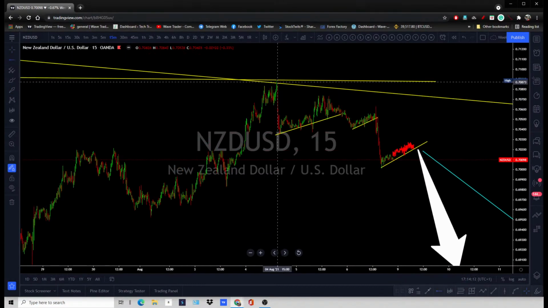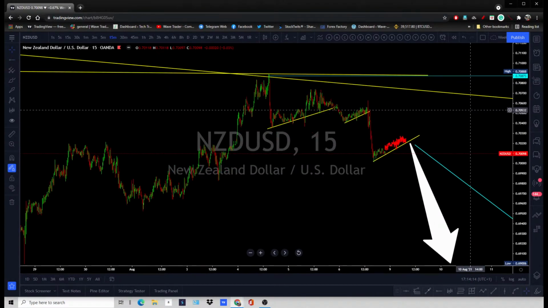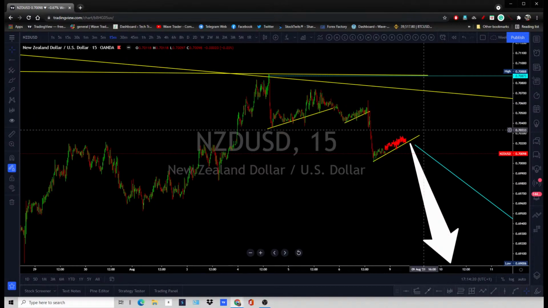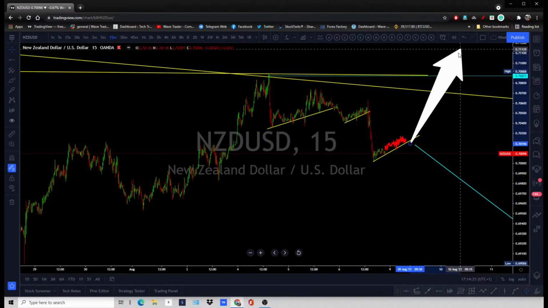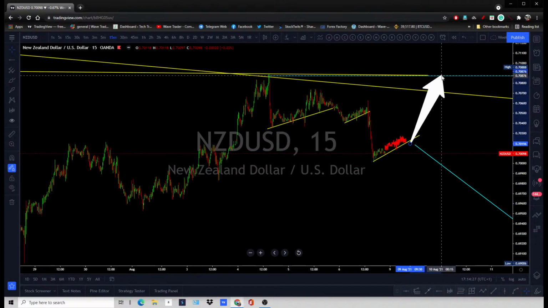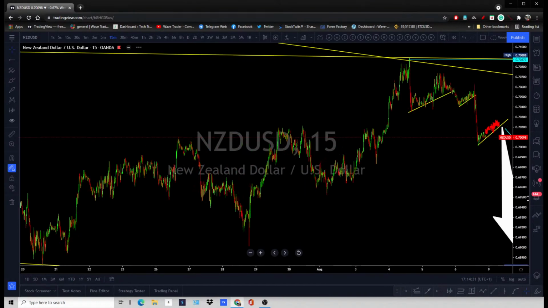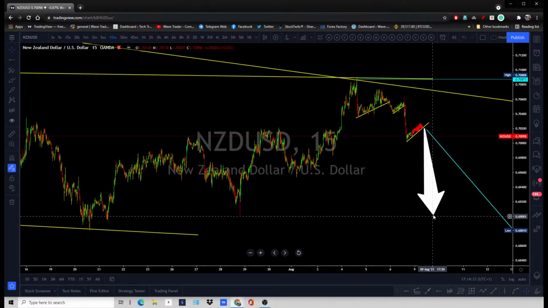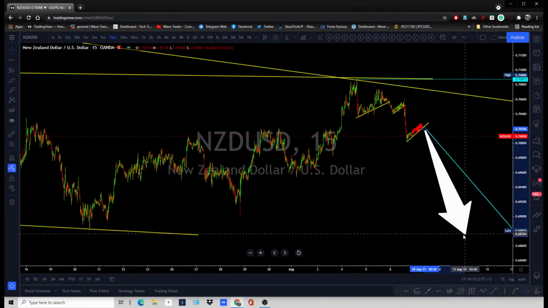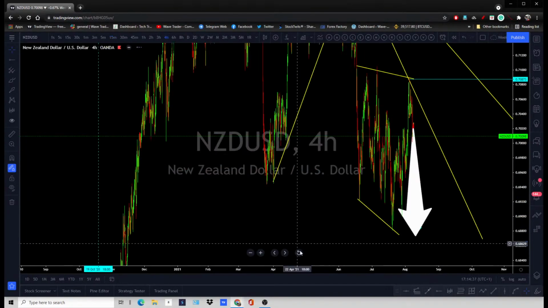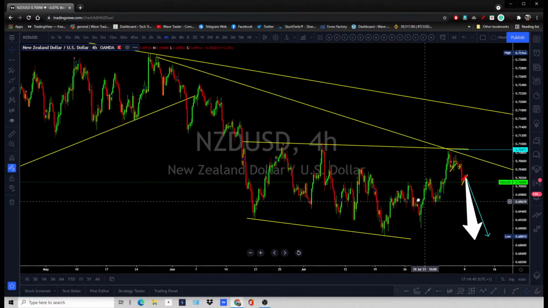This top, 70 90 or 70 80, is the price to watch. This pair shouldn't go beyond that price. It shouldn't break above that top. As long as the price stays below that top, your sell opportunity is going to be over there, all the way back to these lows, these areas. So it's a clear chart, a clear setup on this and the pound.